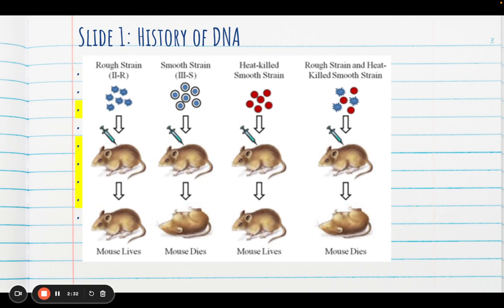As Griffith continued with his experiment, he then heat shocked the S strain of the bacteria. This resulted in the S strain not infecting the mice as it had before because the bacteria had died. But the experiment became really interesting when Griffith mixed the R strain with the heat-shocked S strain. The mice that were injected with the mixed strains of pneumonia actually got sick and died. Griffith even found via blood samples that the bacteria in the dead mice contained pieces of the S strain bacteria that had been taken up by the R strain bacteria.